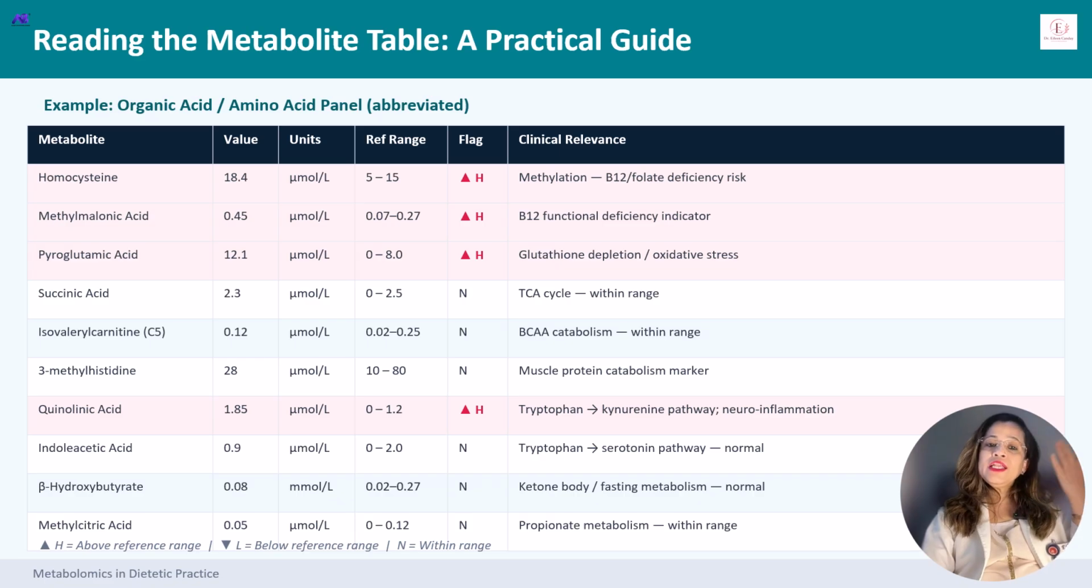That is, elevated total homocysteine strongly suggests impaired methylation. So dietary causes could be either folic acid deficiency, B12 deficiency, or B6 or riboflavin deficiency. As a dietitian, your action here would be to assess dietary intake first, whether the patient is eating adequate foods